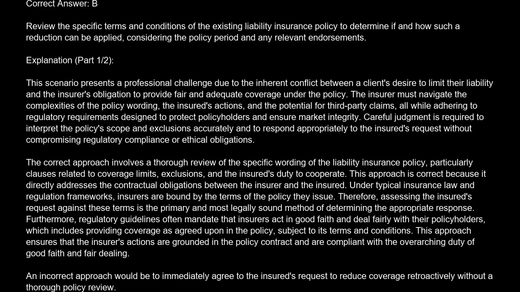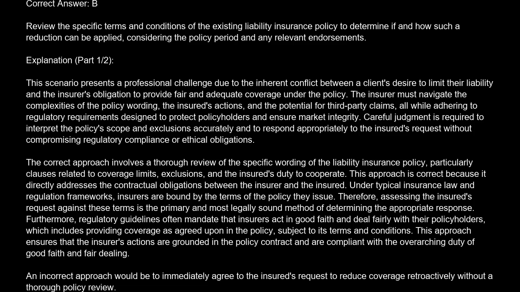The correct approach involves a thorough review of the specific wording of the liability insurance policy, particularly clauses related to coverage limits, exclusions, and the insured's duty to cooperate. This approach is correct because it directly addresses the contractual obligations between the insurer and the insured. Under typical insurance law and regulation frameworks, insurers are bound by the terms of the policy they issue. Therefore, assessing the insured's request against these terms is the primary and most legally sound method of determining the appropriate